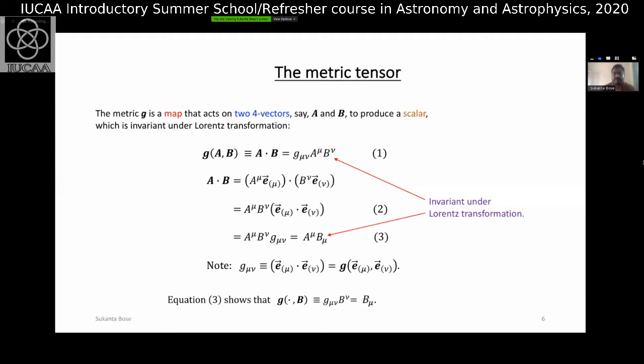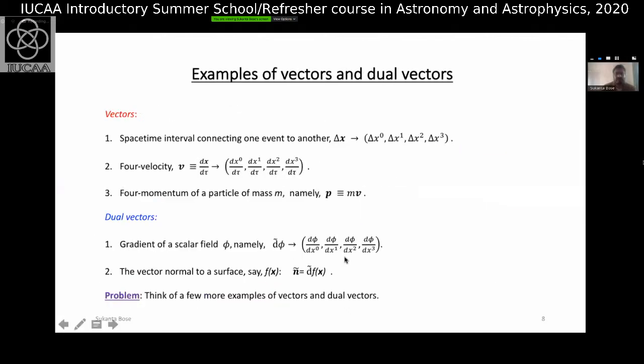So another question is, why did we take the index position of the vectors and dual vectors opposite, one above, one below? Oh, because they are opposite, right? I demonstrated this through this example, that there are certain objects which are naturally dual vectors and not vectors. The coordinate derivative of a scalar obviously has indices downstairs. And it is important to classify it like that. So the components here will be like D, forget about the tilde, because tilde denotes that it's a dual vector, but the components will be like D with mu down phi, okay? So D mu phi